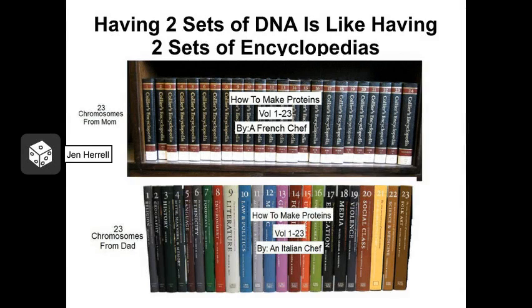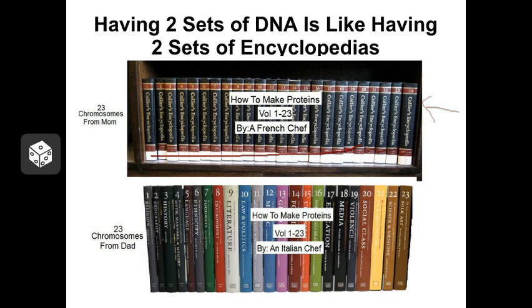Before the dawn of the internet, we had these books known as encyclopedias. And if you wanted to know something, you would go and look in the encyclopedia. They're arranged alphabetically by topic. These encyclopedias are kind of like the chromosomes inside a cell. One set of encyclopedias is going to consist of a number of volumes. And since we have 46 chromosomes inside a cell, we'll say that each encyclopedia set has 23 volumes.